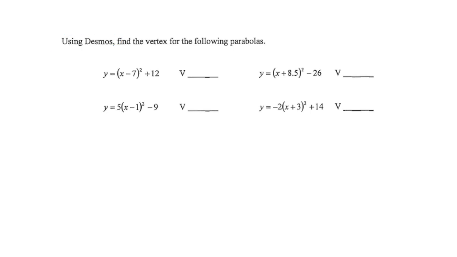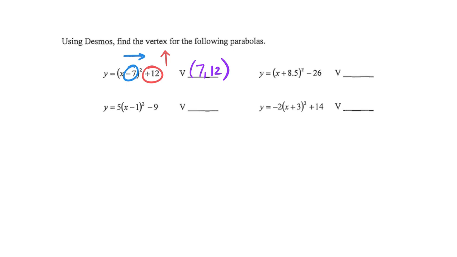Okay, we're back. I'm hoping that we found that we had a vertex of (7, 12), and that was something that you predicted. At the very least, you can see that when I subtracted a 7 on the inside, my parabola moved to the right. When I added 12 to the end, my parabola shifted up. Now, I might argue to you, one of those changes was very predictable. I would argue the red. If we add 12 to something, then that's going to shift it up. I'm affecting my